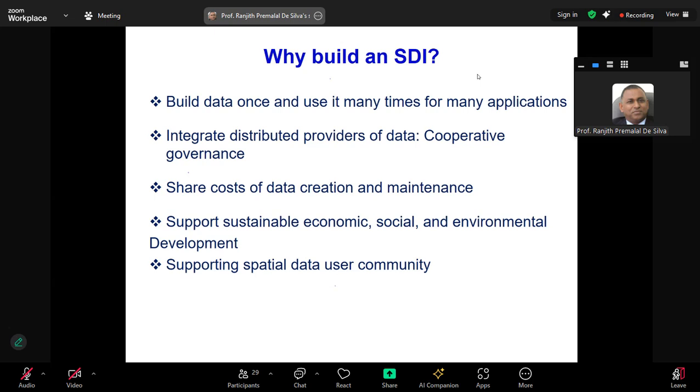And you can share the cost of data creation and maintenance. Yes, a very important thing, because some of the data generation and creation is very costly. So if you create the data for whatever